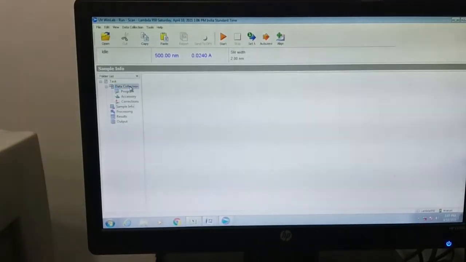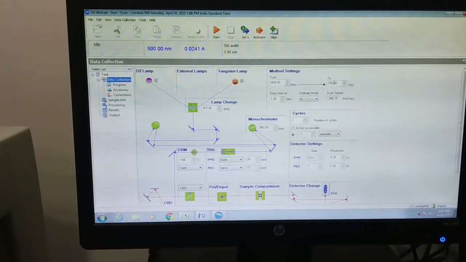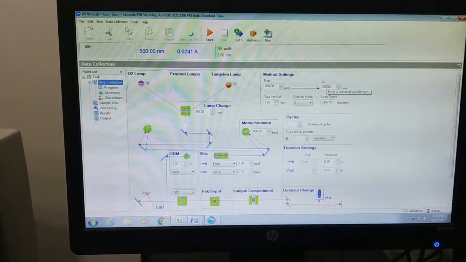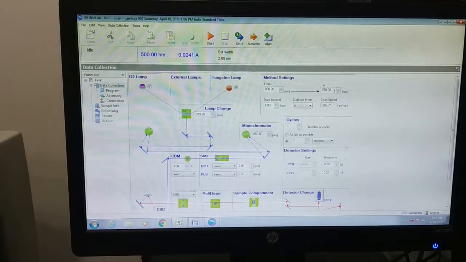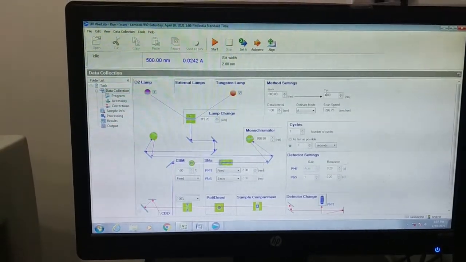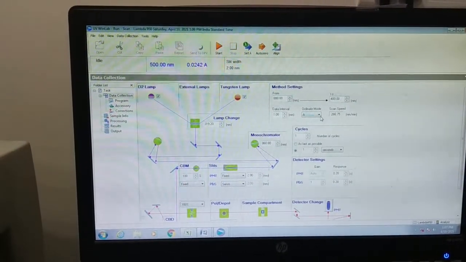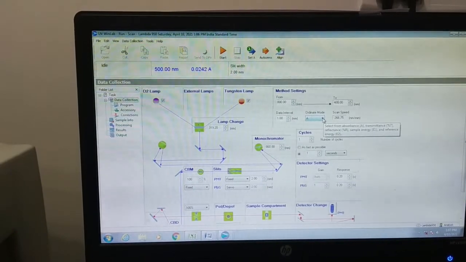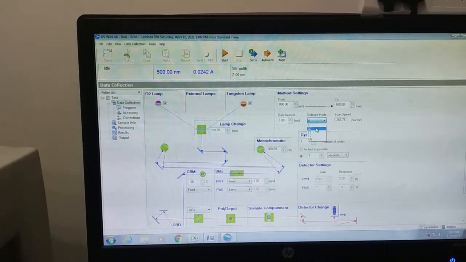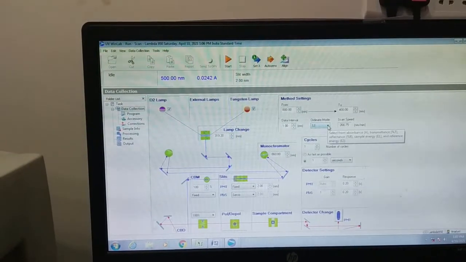Then go to data collection and set the wavelength range. Now I set the wavelength range from 400 to 800, and we require the transmittance data, so I chose percentage of T.